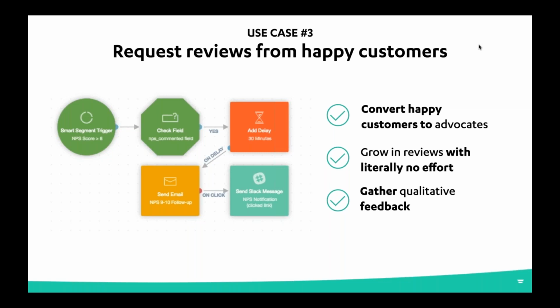So it worked really well for both parts, and we still run this kind of campaign. We grew by great amounts of percent. I mean, over double the number of reviews or something like that. And yeah, I highly recommend you set up some kind of journey around the happy customers to grow in